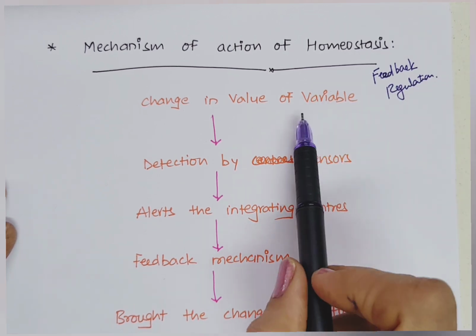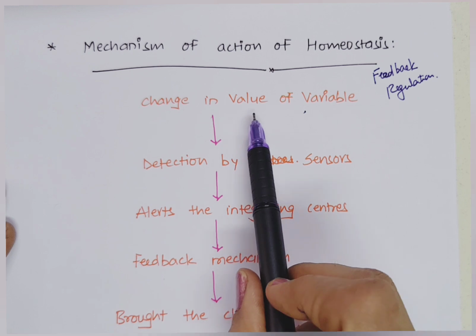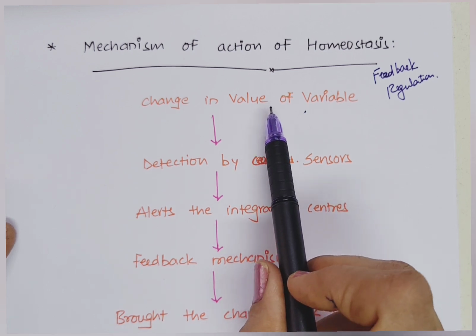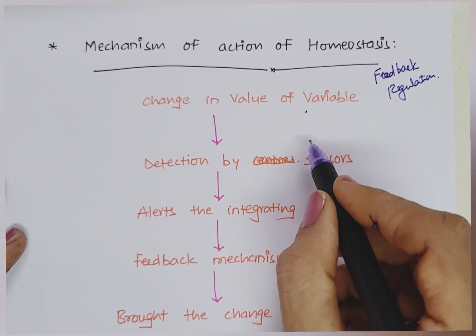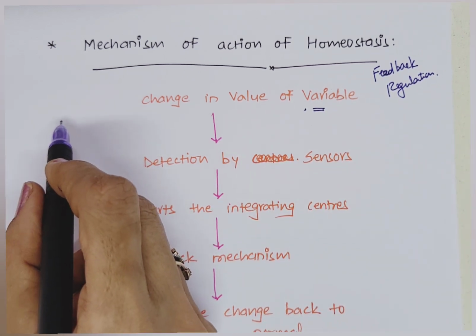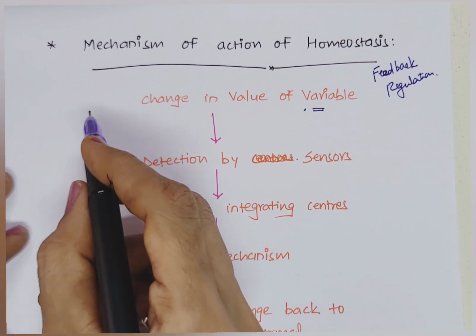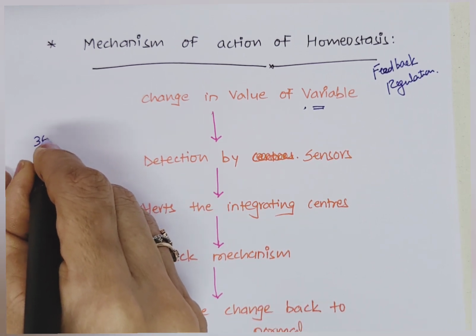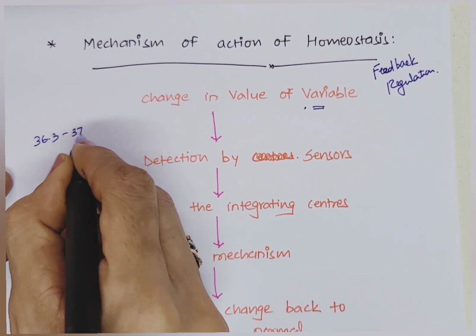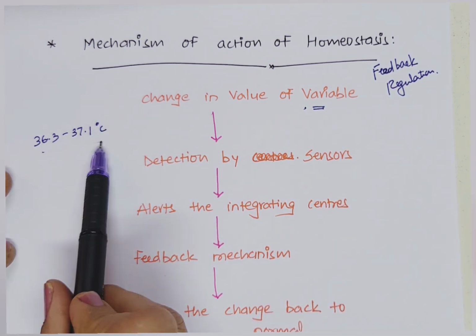Whenever any variable, we have discussed set point, it is a variable which fluctuates. So whenever the value of a variable deviates from its normal range. Suppose, as we have discussed, our body temperature, what is the normal body temperature? We have discussed that it is 36.3 to 37.1 degrees Celsius. When it fluctuates from this normal range,